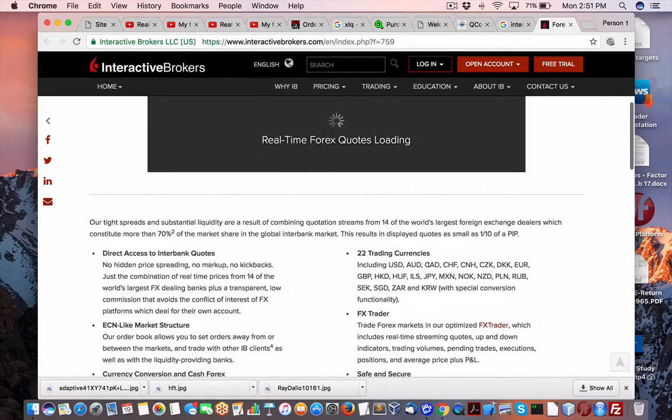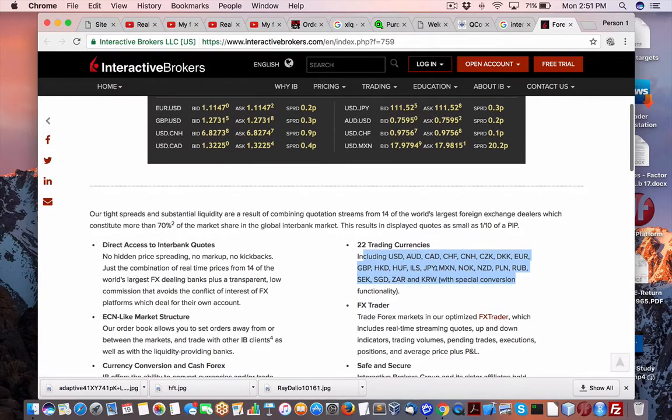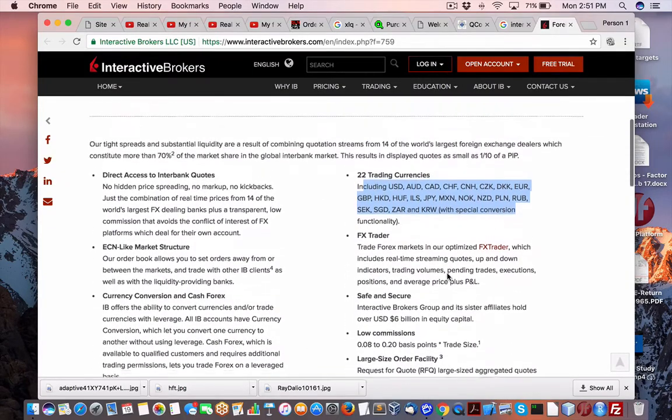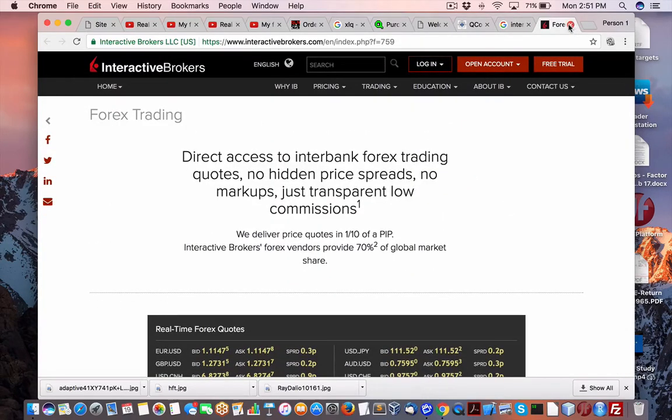So here's the currency pairs that you have, which are not too bad. We have the ruble, as I mentioned. There's no Turkish lira, as you can see here. There is a South African rand, Korean won, Singapore dollar. So they've added a few, and that's not too bad. But you kind of want to step into the more exotic stuff. You also need to understand you need 10,000 US, or I think 10,000 US, to get started with Interactive Brokers. And for sure, Interactive Brokers is probably the cleanest of the bunch of all the brokers out there.